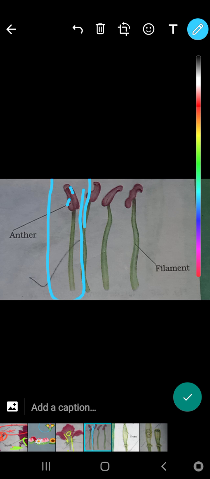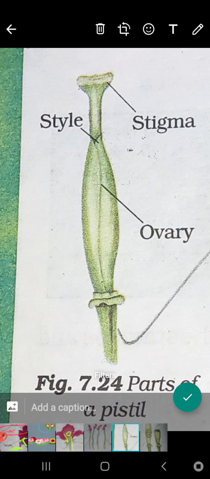This part is anther. And what is this green part? It's filament. The green part is known as filament and the red part is known as anther. Now these are the two parts.